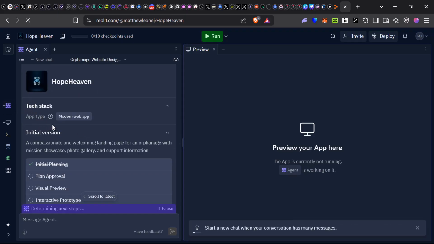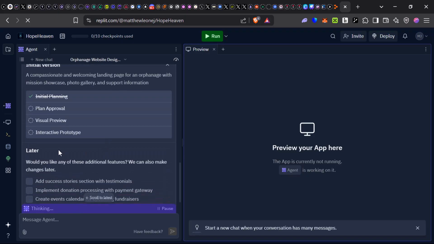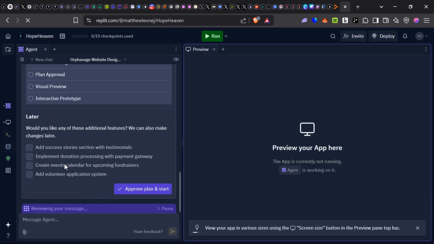Okay. Tech stack. It's a modern web app, initial version, a compassionate and welcoming landing page. Would you like any of these additional features? All right, so I believe our AI agent is almost done building. So it's waiting for my message and it says, would you like any of these additional features? We can also make changes later. Add a success story, implement donation processing with payment gateway, create event calendar for upcoming fundraisers, and add volunteer application